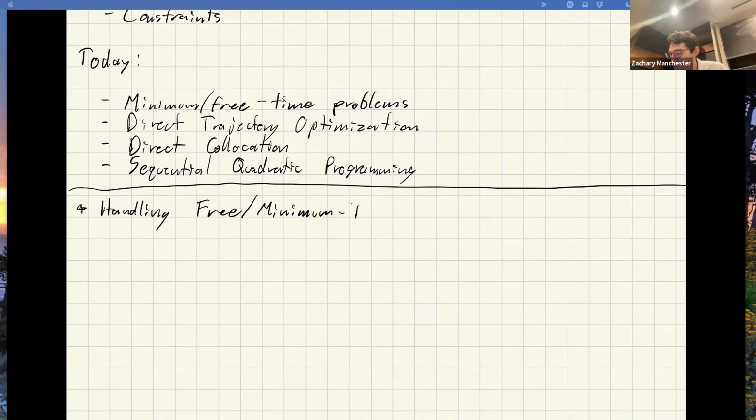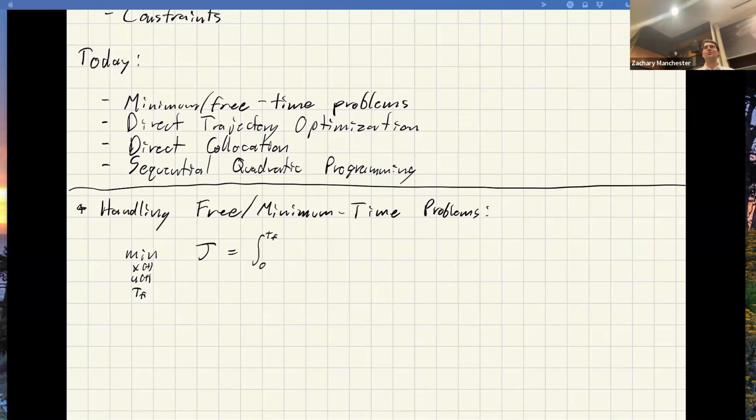So anyone know what the objective function, like the stage cost, looks like for a minimum time problem? What's the little L, the stage cost for min time? Don't have any ideas? What are we minimizing? Minimizing time, right? Okay, so check this out. It's kind of funny. If I write it in continuous time, I'm minimizing over, say, x of t, u of t, and then basically t final, right? So that ends up looking like, if I just want to minimize the cost and I want this thing to add up to t final,